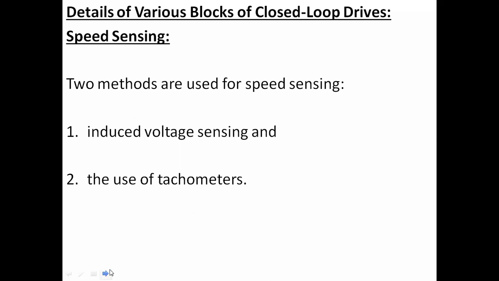because there are some ripples present in the waves. So the accuracy will not be perfect because of the ripples, and the variation of flux due to the field supply will also cause disturbances, along with the variation of temperatures of the field and armature windings. So this method is inexpensive, and it provides a speed measurement with an accuracy of plus or minus 2% of the base speed. Inexpensive, but a little bit approximate, with accuracy of plus or minus 2%.